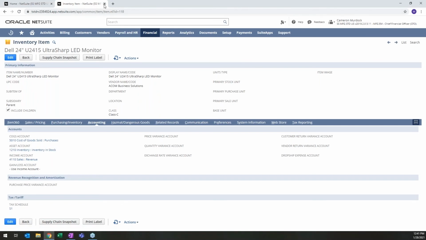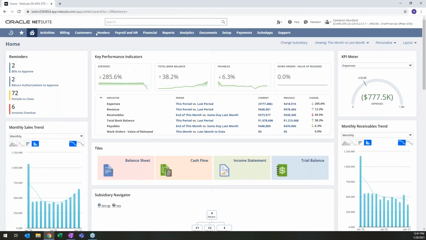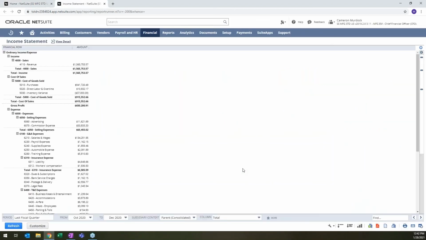All right, let me go back and show you a couple more things here in the last couple minutes. Let's say I look at this income statement. Within NetSuite, because it is a SaaS-based system, I can not only interact with it in a browser, in a tablet, or on my mobile device through an app, I can also interact with it without having to go, let's say, to Outlook to email somebody. And so